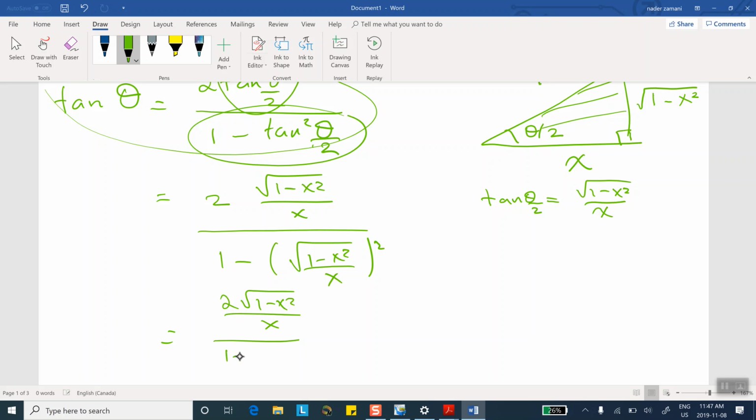And down below you have 1 minus x squared divided by x. And you clean it up, and it's going to look like this: 2 square root of 1 minus x squared. And if you do the algebra here, there's a square here, there's a square there. Okay, it's this quantity squared, so that makes this thing x squared. So if you do this,